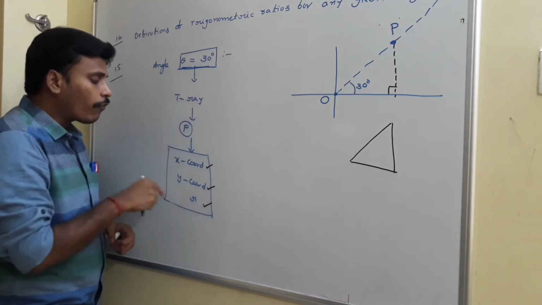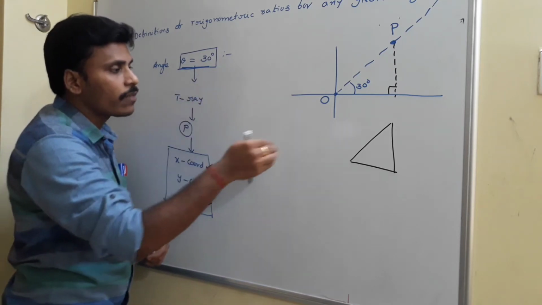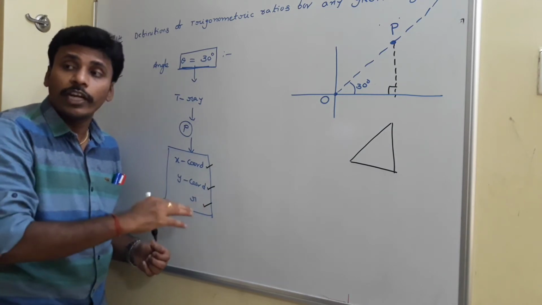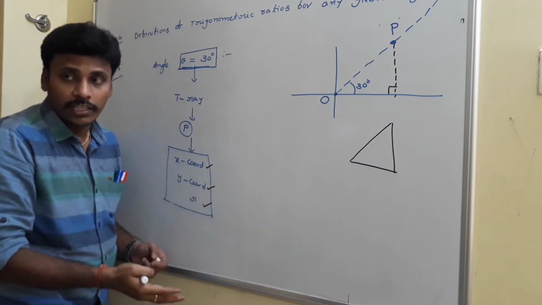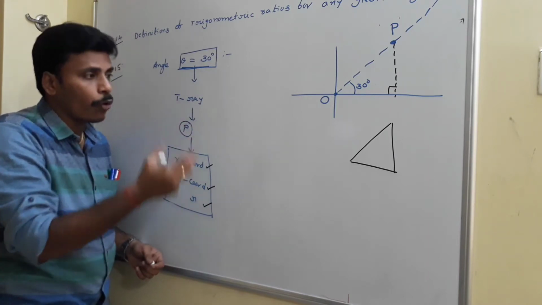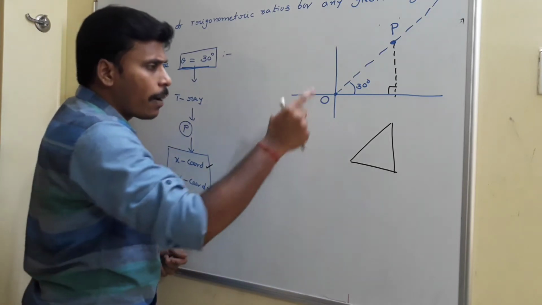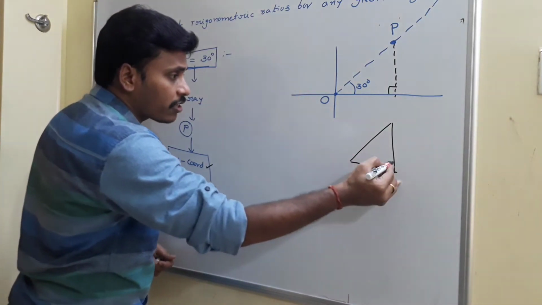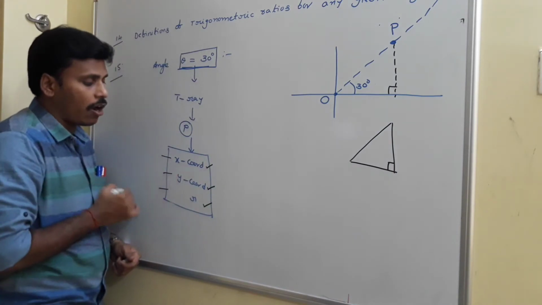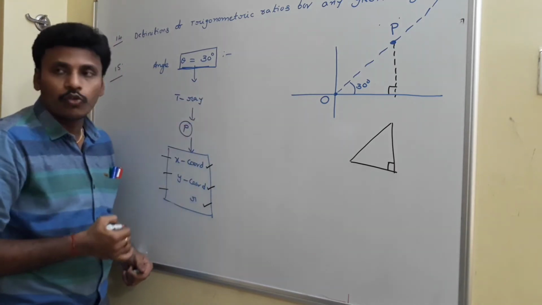But to identify this x coordinate, y coordinate and r value, in this case, this triangle helps us. In some cases, there is no triangle, so we need to get help from some other idea. Is it clear? The triangle just works like a catalyst for my process. My ultimate concentration is not on this triangle. My work is to identify this x, y and r. In identifying these three, I will choose the triangle.